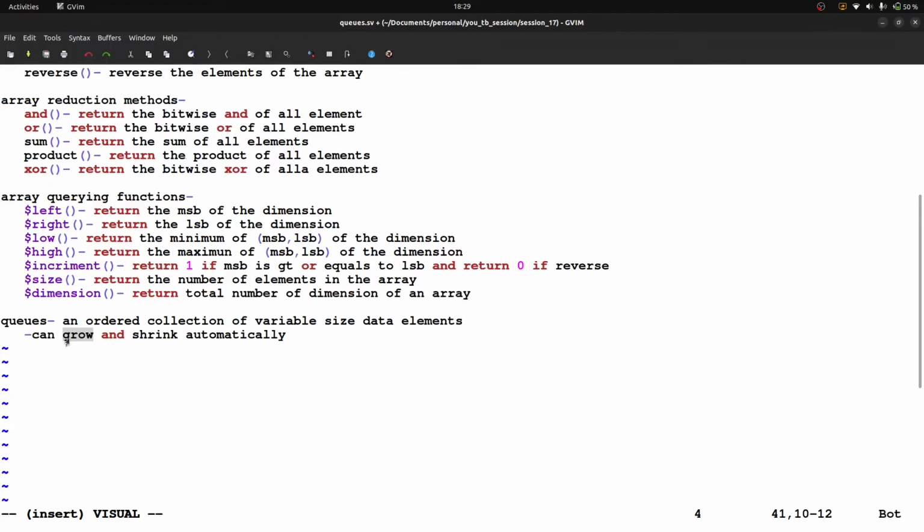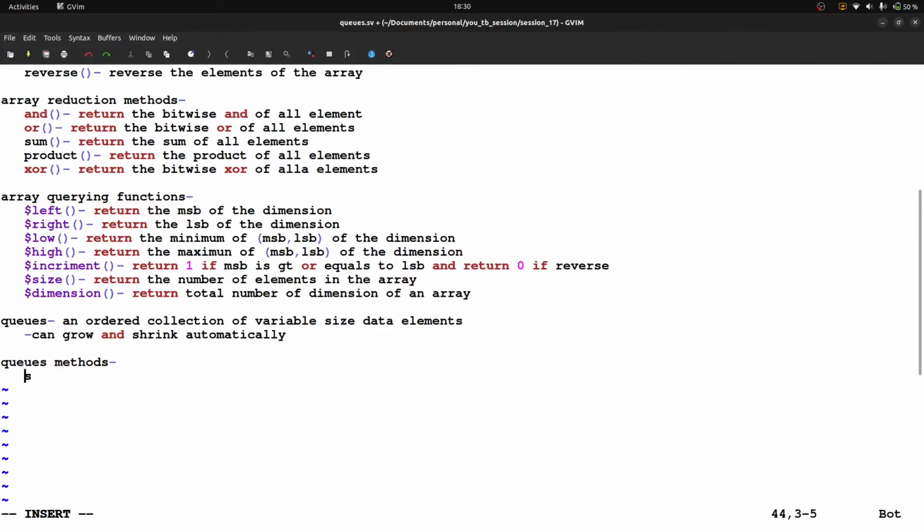And when we pull out the elements, the size will shrink automatically, so no need to mention the size. Okay, so now we need to see some methods associated with queues only. I am mentioning queue methods here because they are only applicable with queues. Okay.